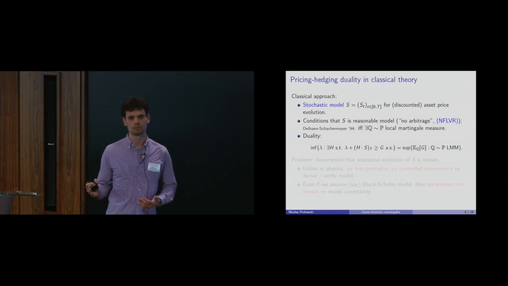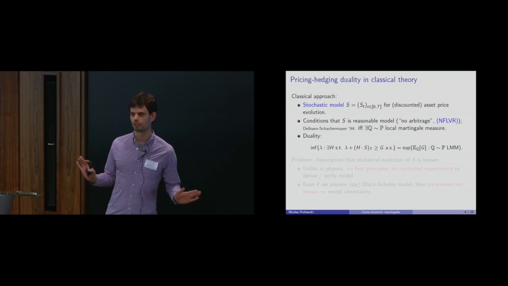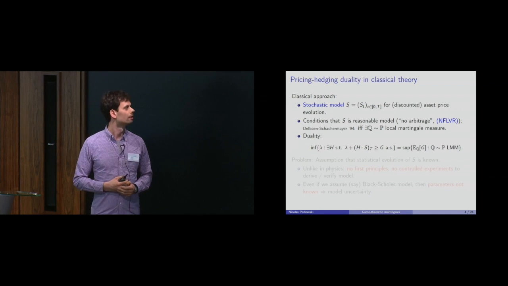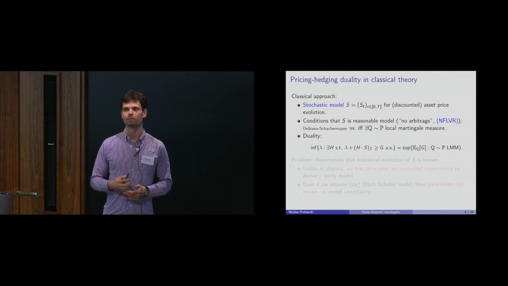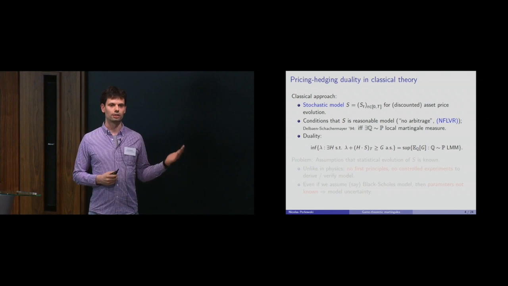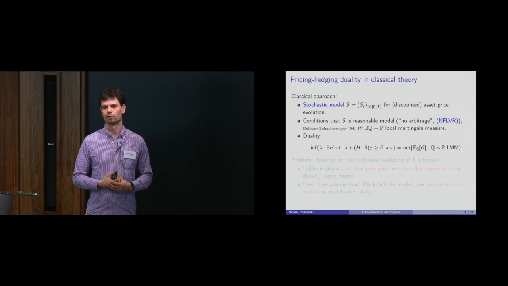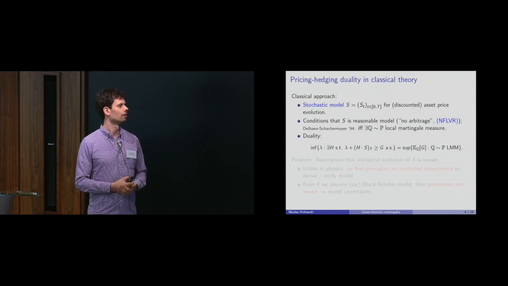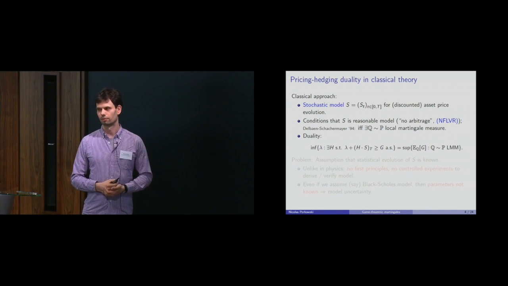So what you would usually do is you assume you have a stochastic process that is a model for the evolution of your asset price. Okay, everything is discounted, there are no interest rates. And the first thing then you do, and we've seen actually many talks about this in the past days, is you try to examine under which conditions is this stochastic model. Okay, it's just some stochastic process. In general, it will not be a good model for asset price evolution, and you try to figure out what are qualitative assumptions you should put. And what do they tell you about the structure of the model?